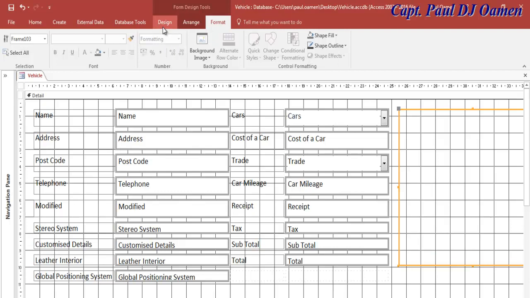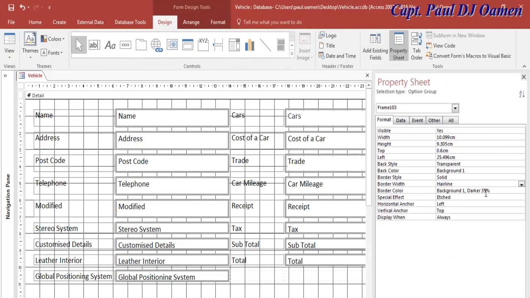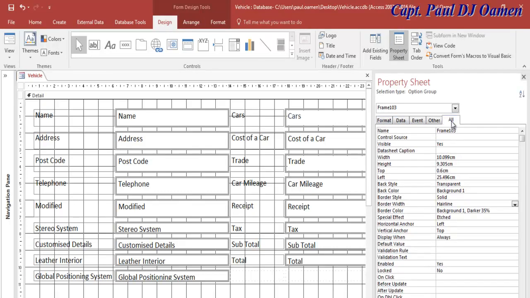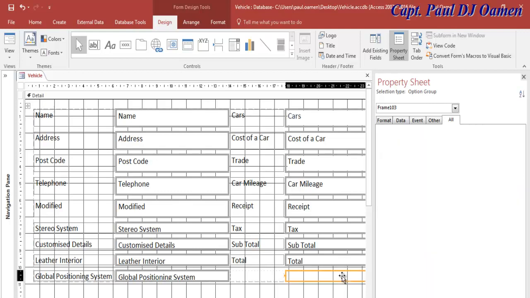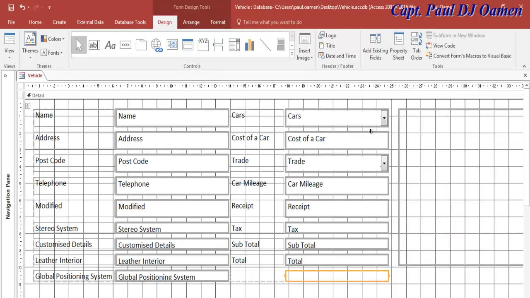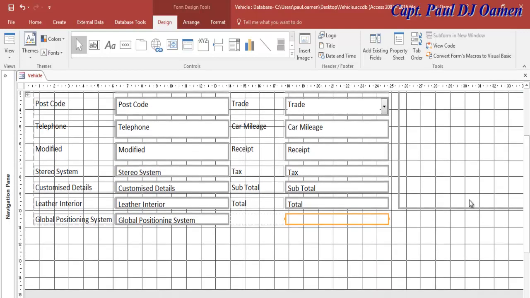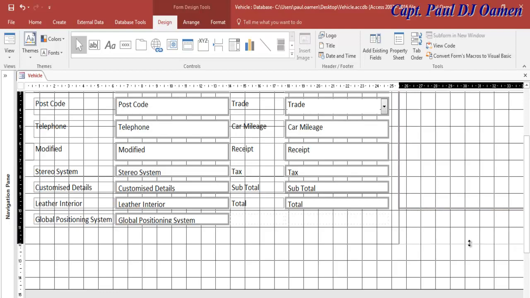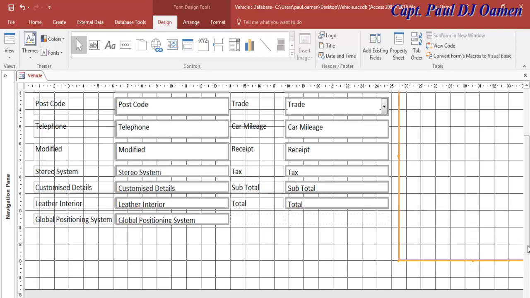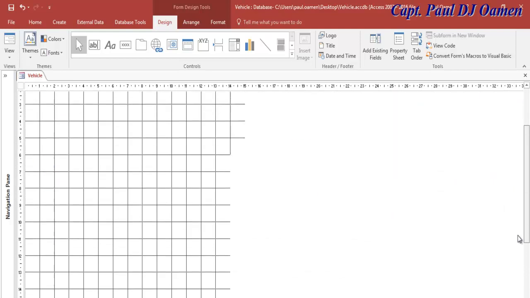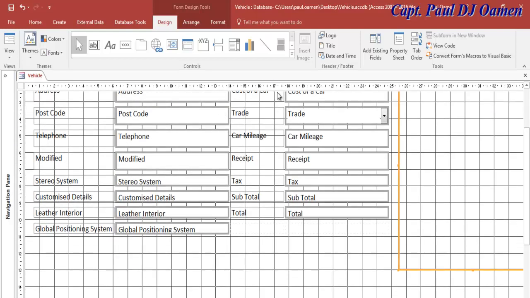Now let's repeat the same thing for this. Come to design and change the property, then in there let's increase the border width. I'm going to make that maybe 3 as well. Now leave it as the same color for the rest. Okay, and that might do it. Maybe bring it down right there. Okay,